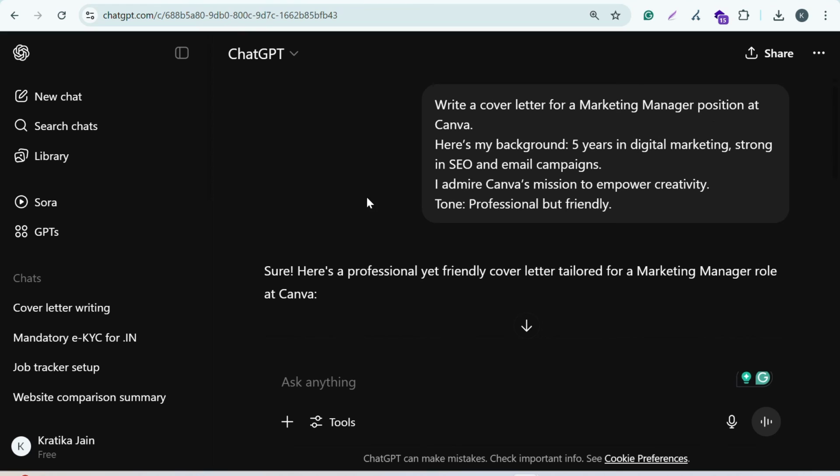So this is how basically you can create a cover letter, entering the position, location, your work experience and any